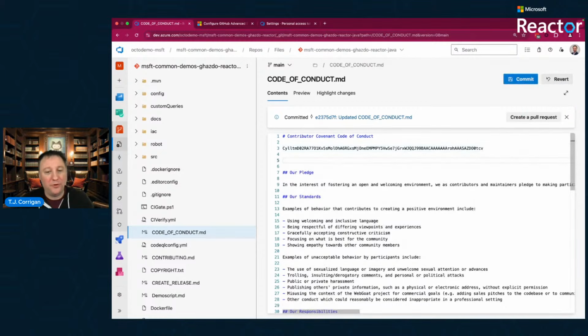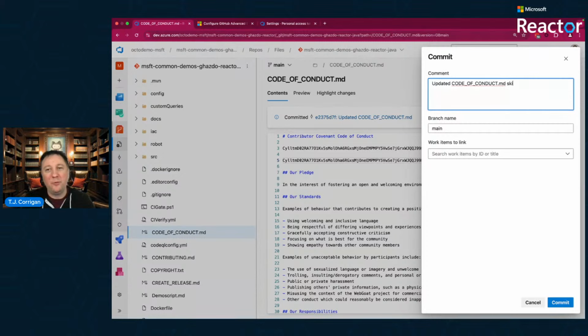I am actually going to check in the real secret in my code. Again, I wouldn't ever do this in a real production setting, but we're going to do it today just so you can see what would happen, the sort of experience that you would get, and what the findings will actually look like. So I'm going to go ahead and commit this, but there is a way I can bypass